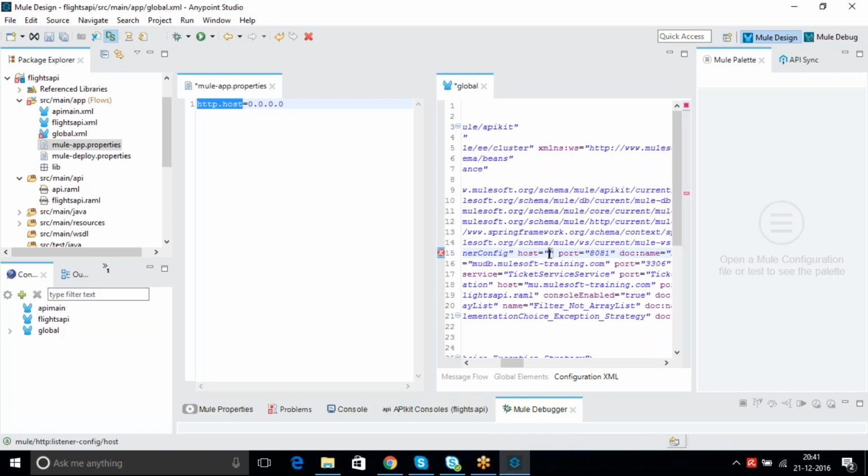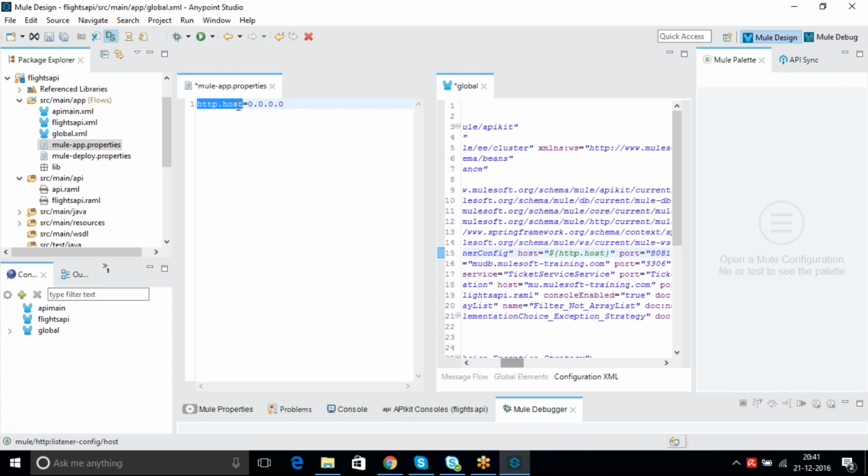Put the dollar symbol and then open close braces. Inside that, paste this one. Okay, so this is the way.